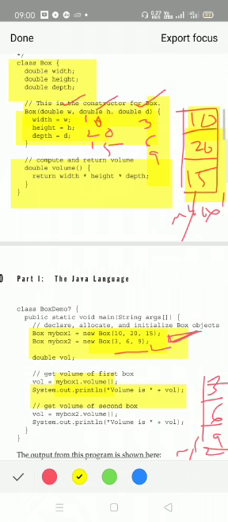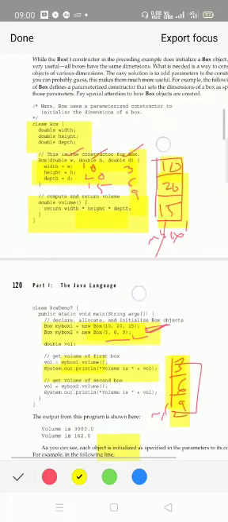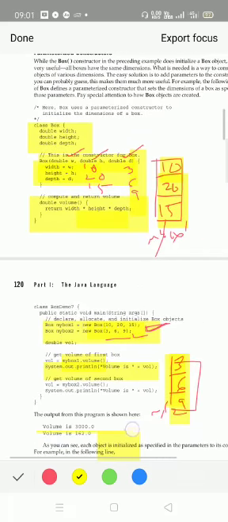Then access the volume of the second box. The second box contents are over here, I am highlighting, concentrate. 3, 6 and 9 are accessed by width, height and depth, right. So 3 into 6 into 9 will be performed, and 162 is computed, as you can check in the output. Okay, that is it for this session. Let us discuss the next topics later.